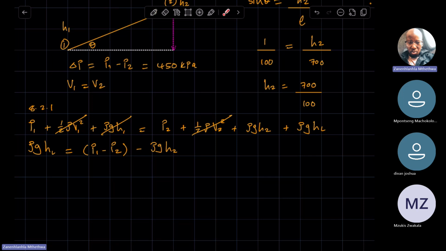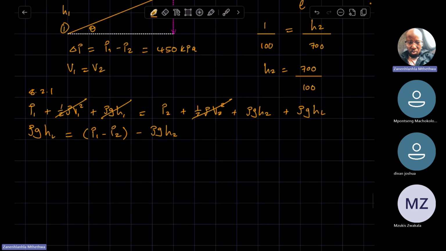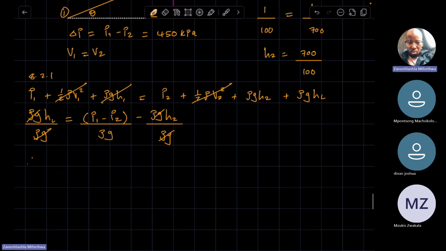Because we are looking for HL, we need to get rid of the specific weight. So we divide by rho G on both sides, divide each term by rho G. So that cancels, that cancels. Hence, H sub L will then be equal to